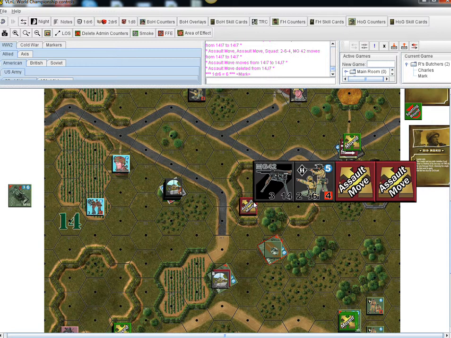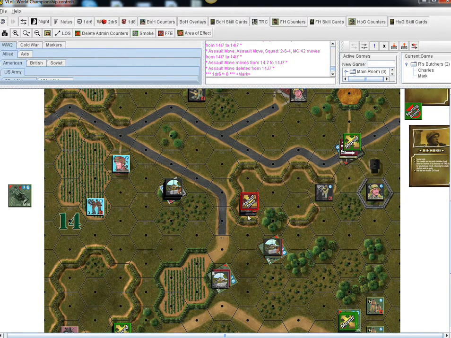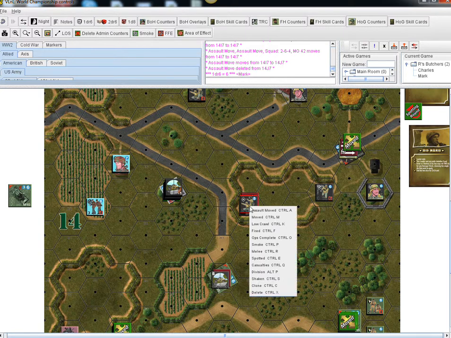Oh, greater than 2 times the morale. See, 6 and 5 is 11. My morale's 5, so I went greater than 2 times my morale. So I'm going to take casualties. Okay, so that 264, that beautiful 264 squad of mine is going to...